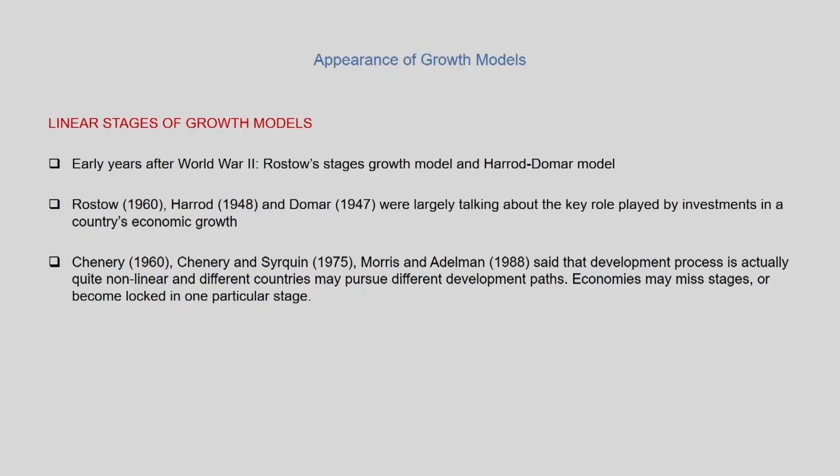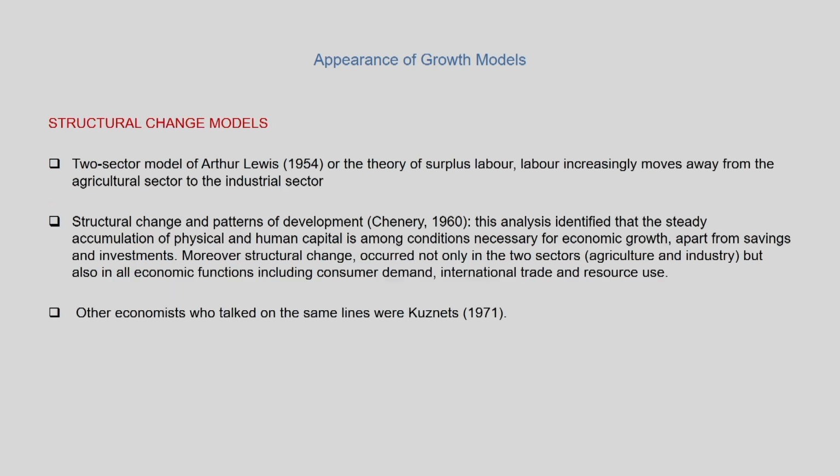So it is not that it passes through different stages of development. All countries need not necessarily uniformly pass through these stages of development. So as a challenge thrown to the linear stages of growth models, economists such as Chenery and Morris and Edelman, including economists such as Arthur Lewis, came up with structural change models that we commonly know as the dual sector models, or industry, the movement from agriculture to industry, migration of labor from agriculture to industry that takes place